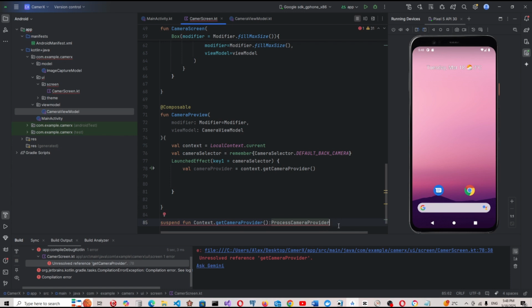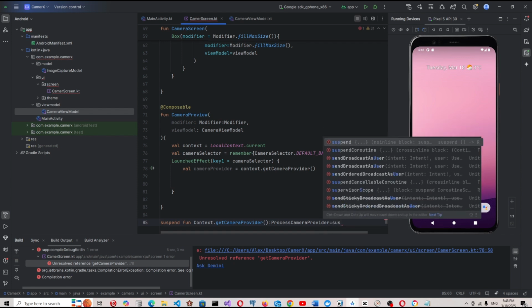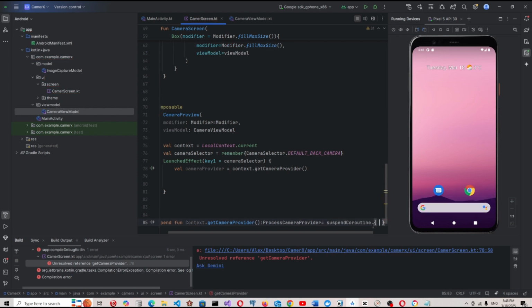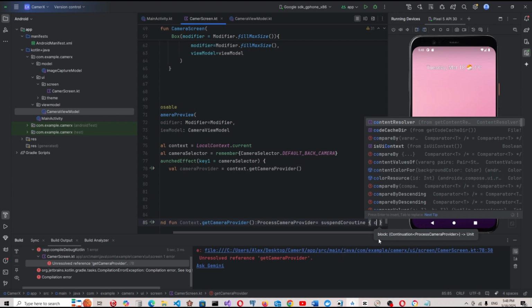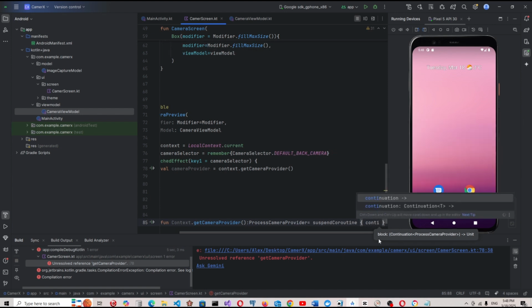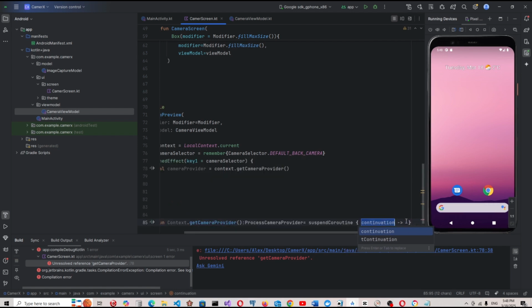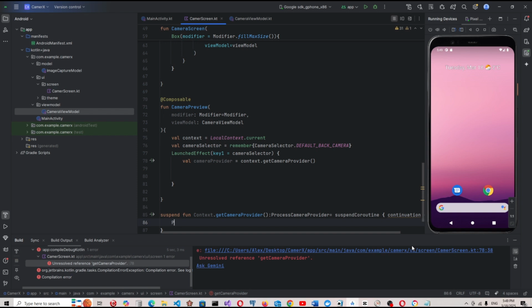And it is equal to suspendCoroutine, and call continuation, which goes to ProcessCameraProvider.getInstance,